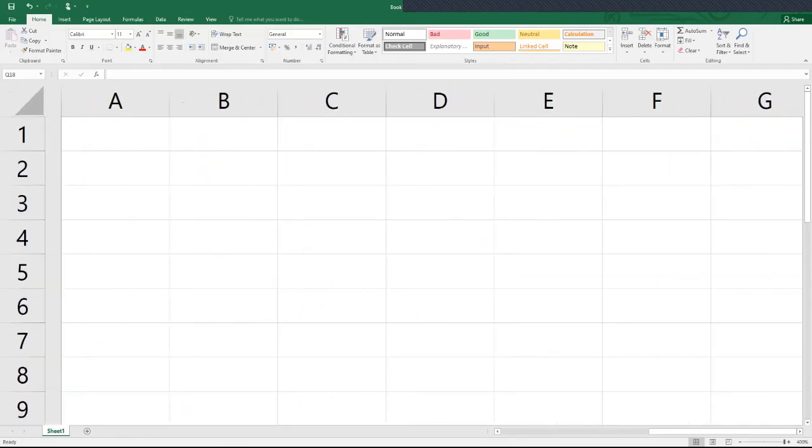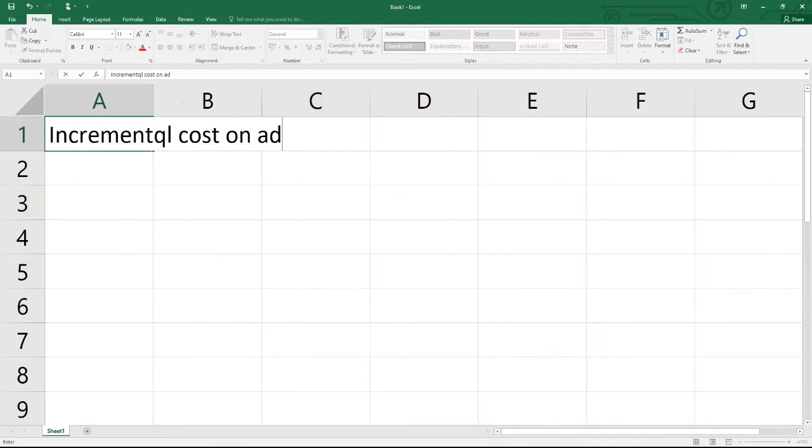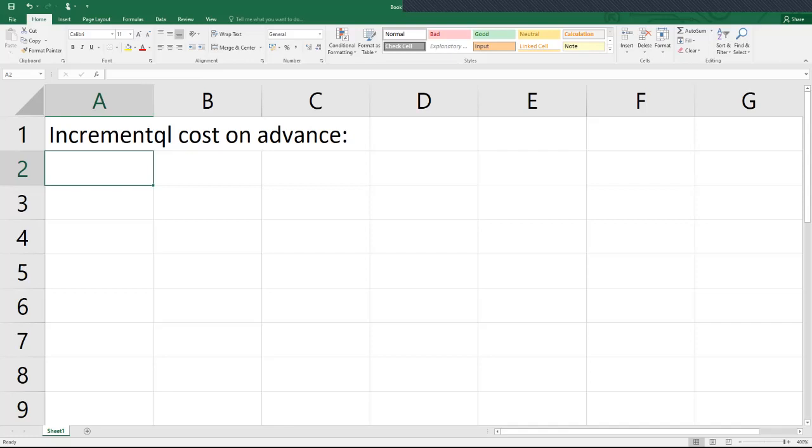So in Excel, things should be much easier. For instance, I want to do the working for the advance fee, the incremental cost on the advance fee. You can see here I've made a typo, this is meant to be incremental, but there's no penalty for any typo. In case you make a typo in error, you can leave it the way it is. If you get time, you can come back later and correct it. The examiner knows you meant incremental cost.